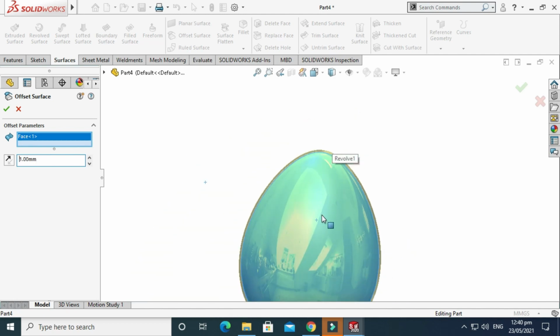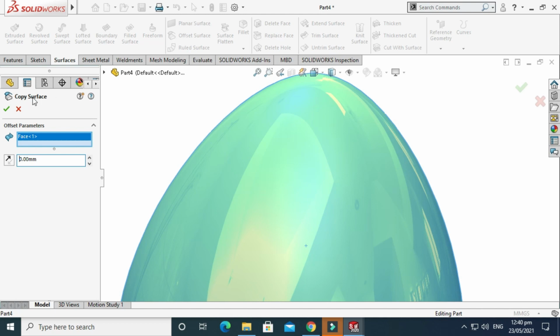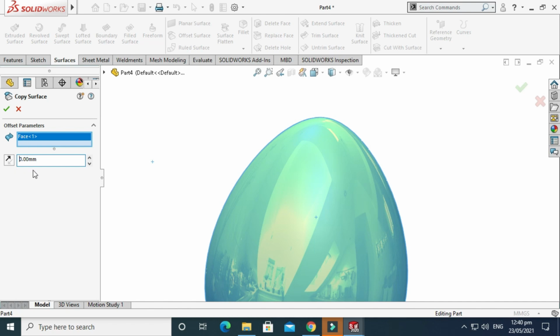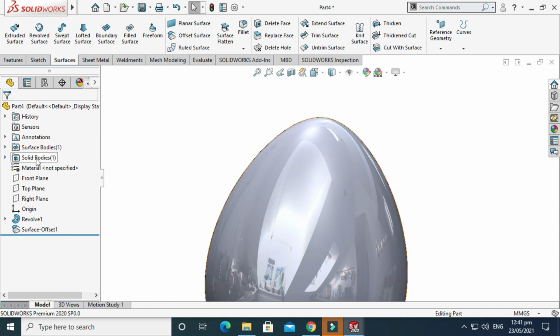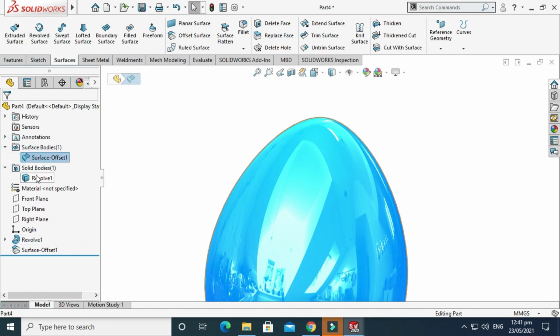And remember, it is a surface offset, and if I change my surface offset to, let's say, 0, it is showing that you are copying a surface, right? Because there is no gap, right? So I'll press OK, right? And it is showing that now we have one solid body and one surface body, right? The surface body is the surface offset, and the solid body is the revolve, as you can see from here, right?